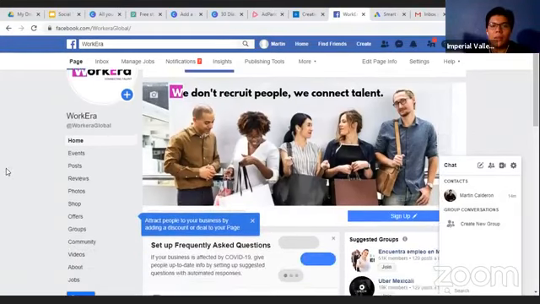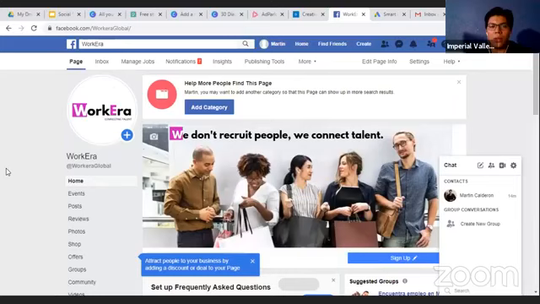Basically, we are a recruiting agency for people who want to find the job of their dreams. It could be either in Canada or in the United States. We connect the person who wants to find their perfect dream job and doesn't have it available where they live, and we help them with all the process they need to apply for a job